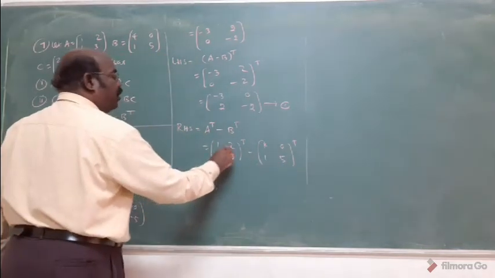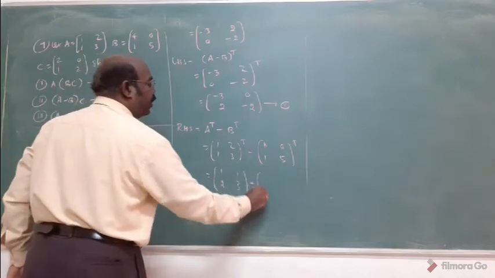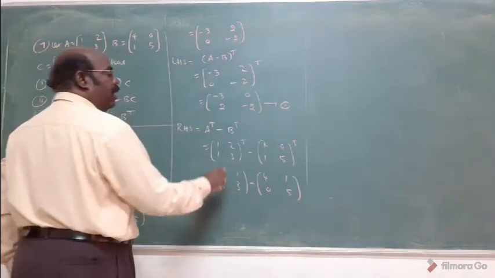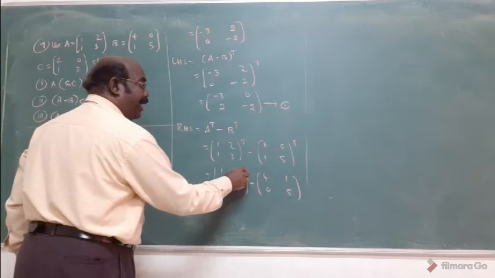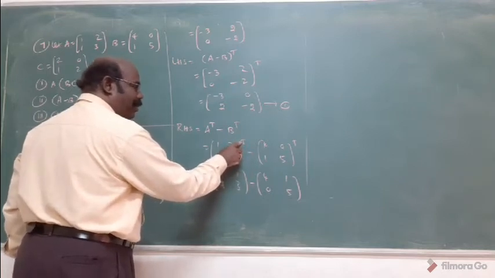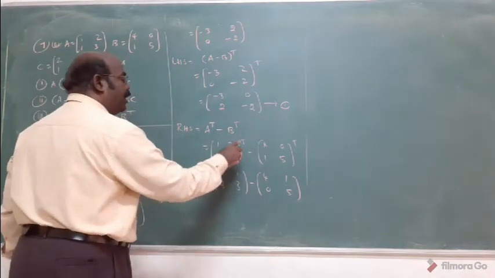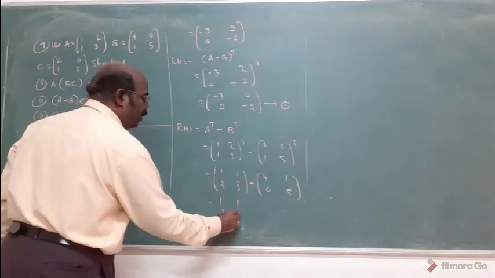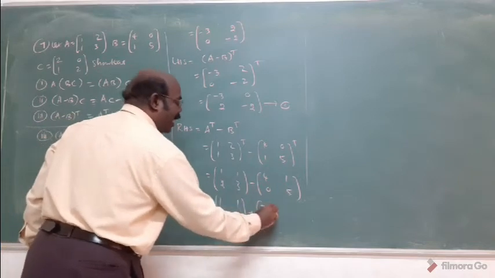Now first row is called first column: 1 2 1 3. Here 4 0 1 5. Am I right? Now first row is called first column, second row is called second column. Now T is important. T represents the transpose of the given matrix. The column becomes the row, and the row becomes the column. Now 1 1 2 3, already told you, in between minus, plus, now change the sign.